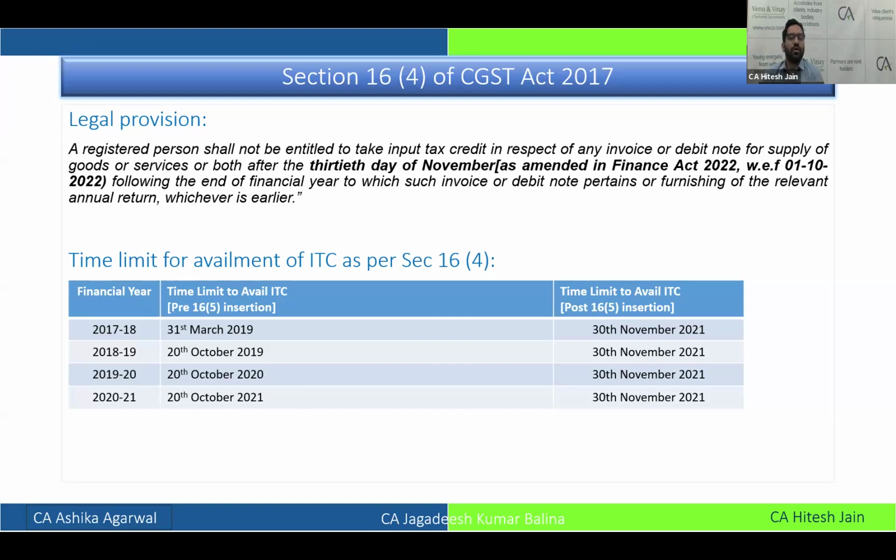But Finance Act 2022 amended this provision, and with effect from 1st October 2022, the time limit for availing ITC is the earlier of the two dates: 30th November of the year succeeding the year to which such invoice or debit note pertains, or the date of filing the annual return, whichever is earlier. So as on date, for us, the relevant date becomes 30th November